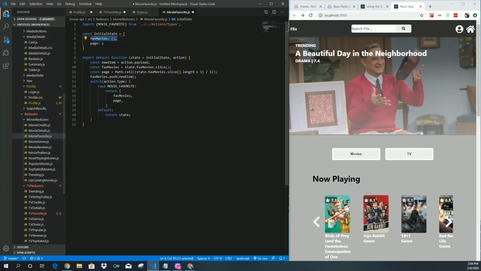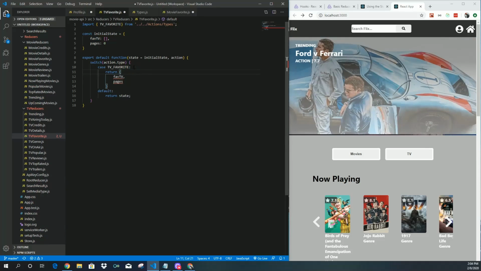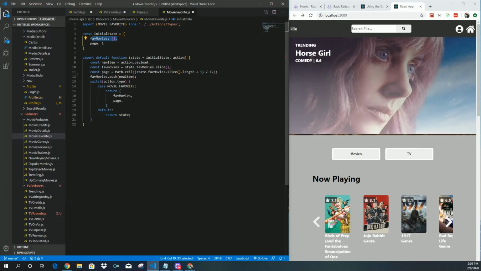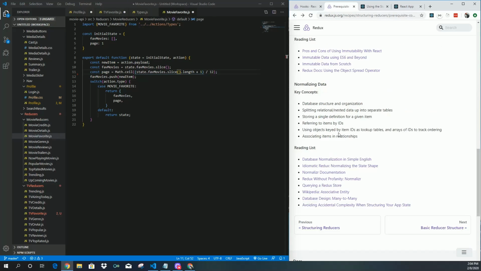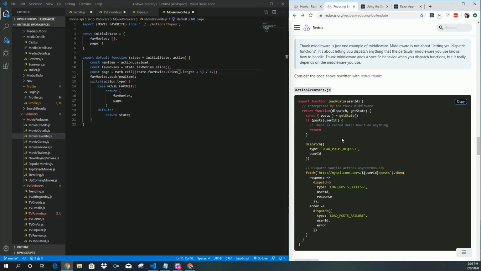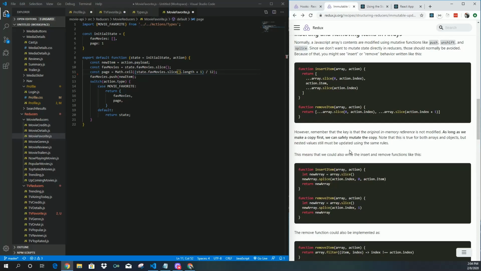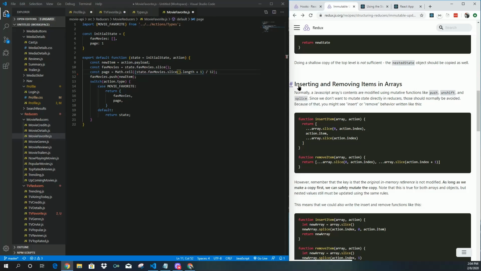So I've already done it basically here, and it's going to be the same thing. One of the reasons that we have a little bit of logic here is that if we go into the structure, I don't need that, I don't need that either. As per the documentation, we don't want to mutate the state directly, so we have to create a copy of this array and then push into it the new item. And the way we do that is